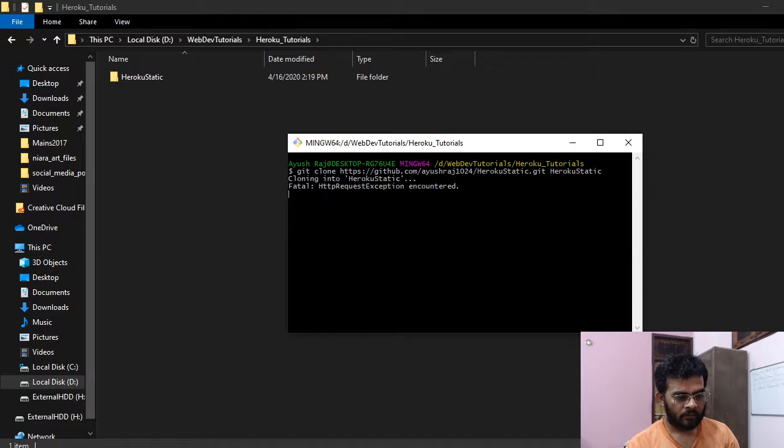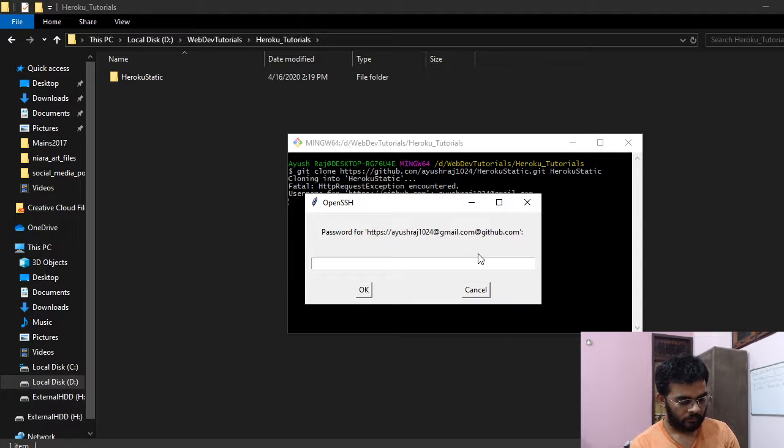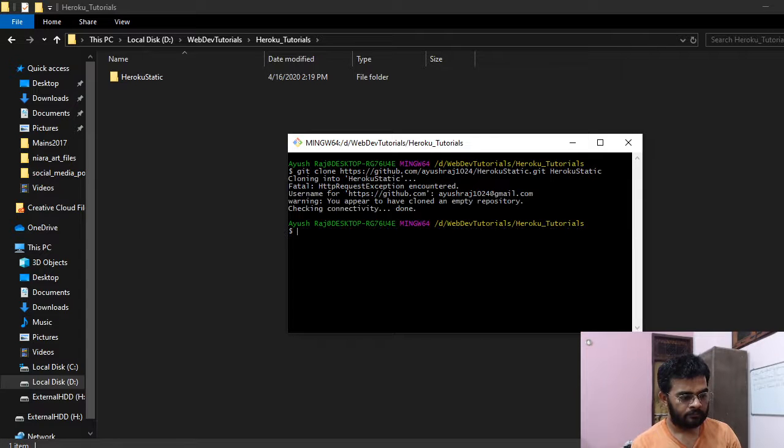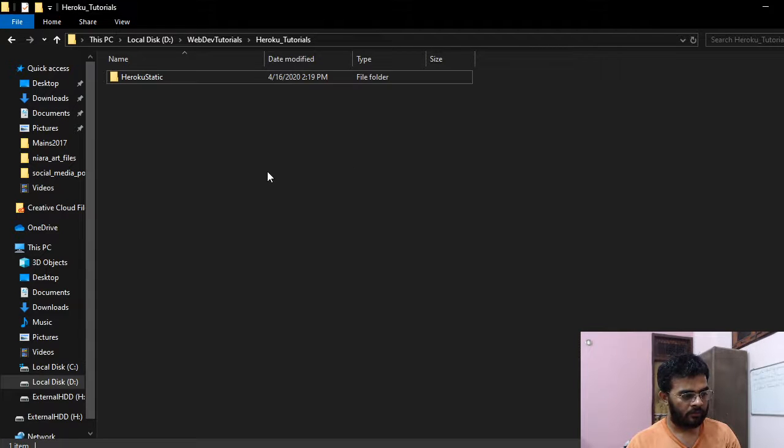It may ask me for password, and I will put that. Now it will ask me for password. If I remember correctly, this is my password. Yep. You appear to have cloned an empty repository. Yes, we have cloned an empty repository.